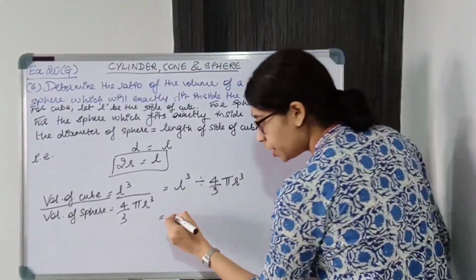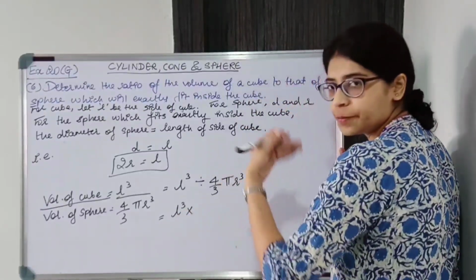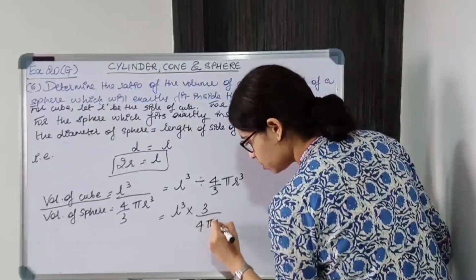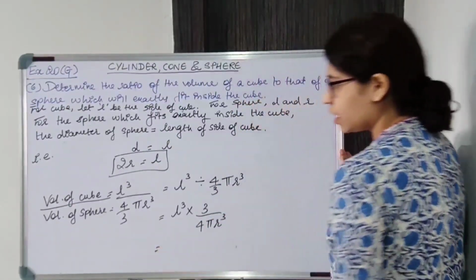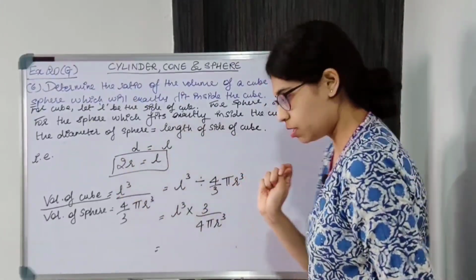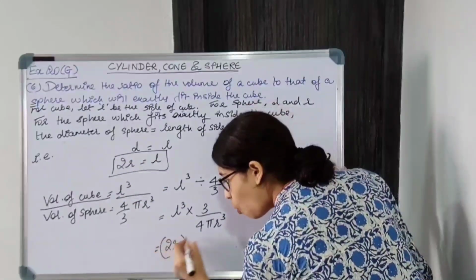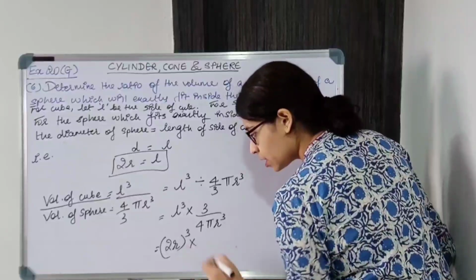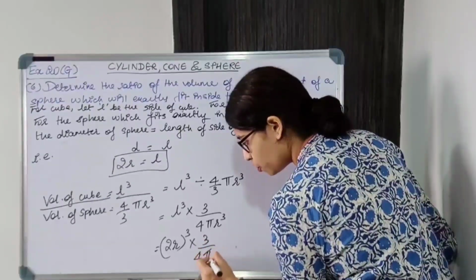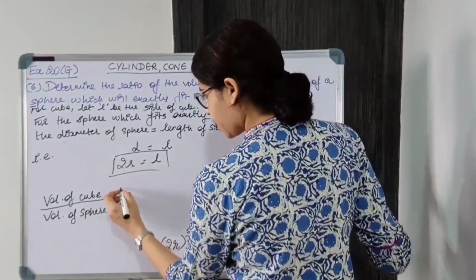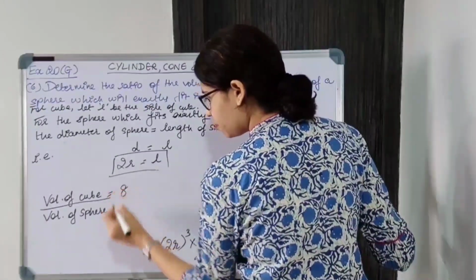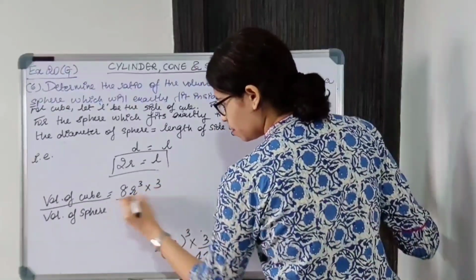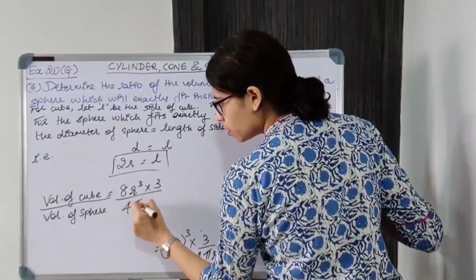When I turn this division into multiplication, what will happen? Reciprocal. So this will go in the numerator, the rest all will come in the denominator. Now L is what? It is 2R. So 2R the whole thing cubed, don't forget this whole thing, even 2 has to be cubed. So 2 cubed will give 8 and r cubed will give r cube, into 3/4 pi r cube.